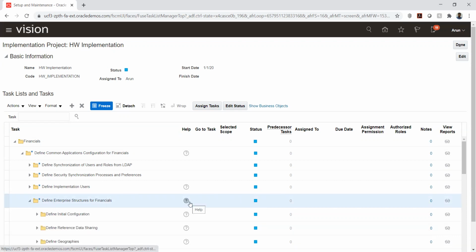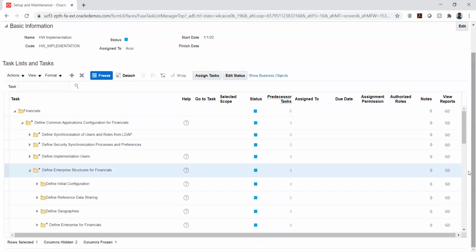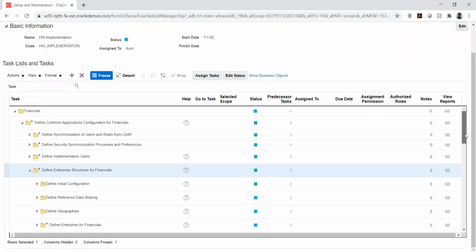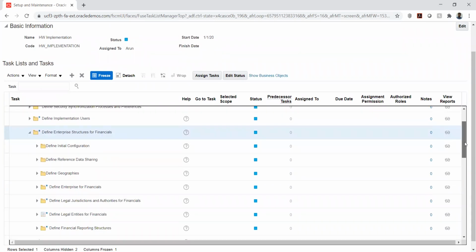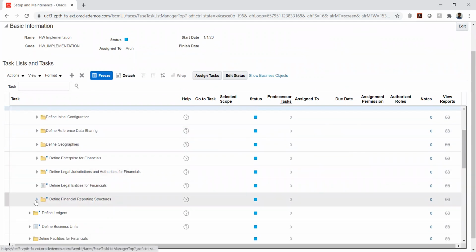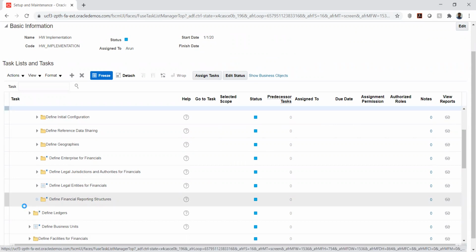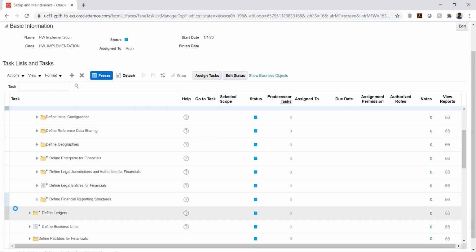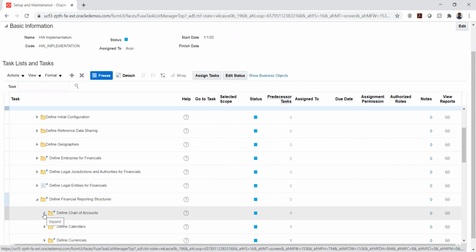We'll start with our configuration. In terms of GL, the first configuration would be to create the value set. The navigation would be define financial reporting structure. Is it the same as e-business suite, business unit, then legal entity, ledger, operating unit, like that? Yes, same thing. There will be very few differences between EBS and Fusion. Wherever we have a difference, I will be highlighting it here and there.